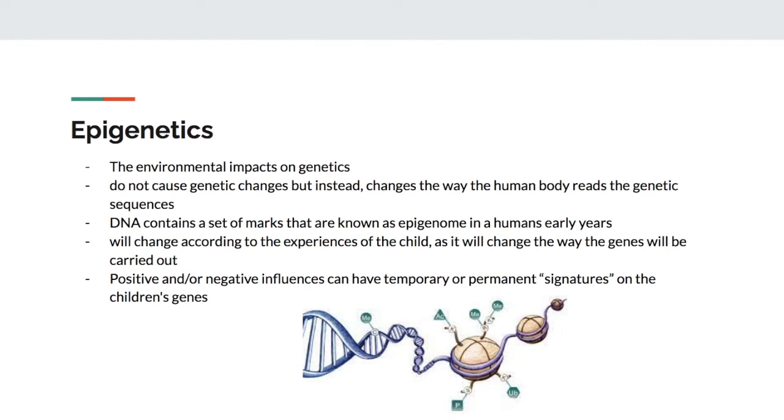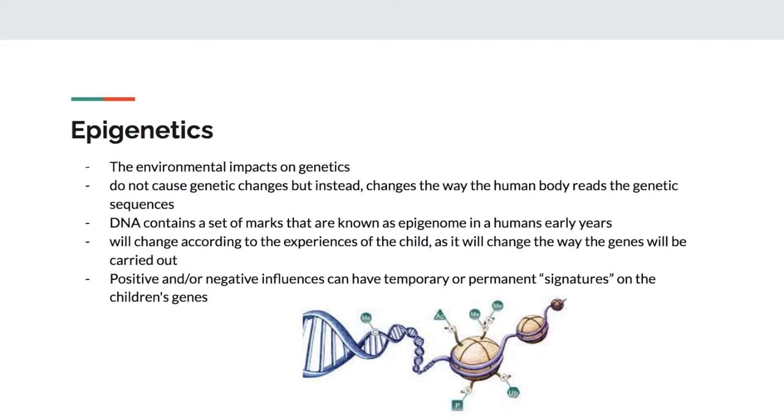The environmental impacts on genetics are known as epigenetics. Epigenetics do not cause genetic changes, but instead change the way the human body reads the genetic sequences. When humans are in their early years, their DNA contains a set of marks that are known as the epigenome. The marks will change according to the experiences of the child, as it will change the way the genes will